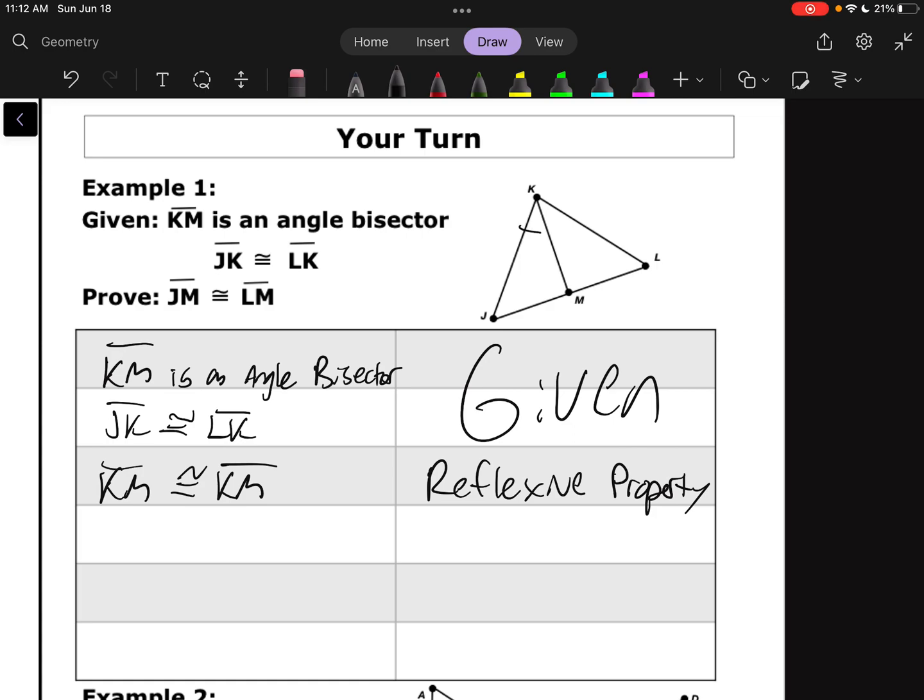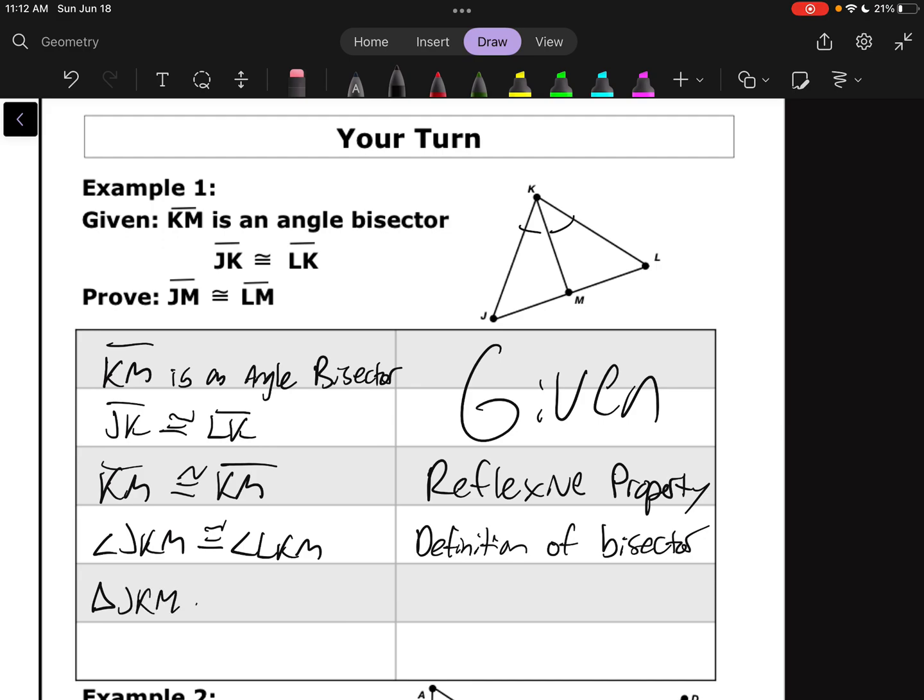The other would be that angle bisector splitting that top angle into 2 equal pieces. So angle JKM is congruent to angle LKM by definition of bisector. That gives us our 3 congruent things, which is going to let me say that triangle JKM